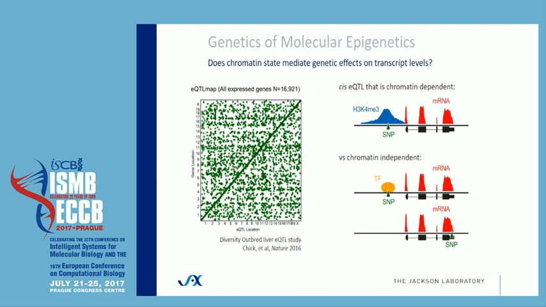Or you could have cases where the SNP was acting in a totally chromatin independent way. Say you had a transcription factor that would bind that SNP and all you needed was open chromatin there, and it actually wasn't changing the chromatin level at all. Or you could have SNPs throughout the gene which could change its degradation rate or its splice variation or any such thing. Okay, so there are two possibilities here, chromatin dependent, chromatin independent,